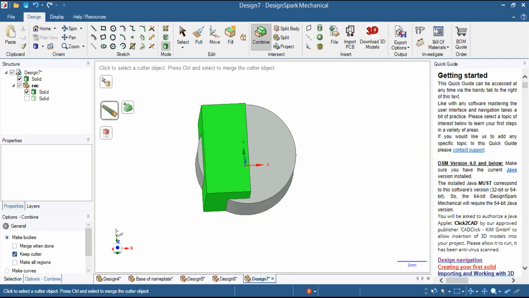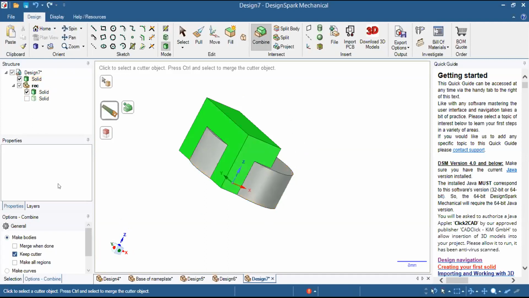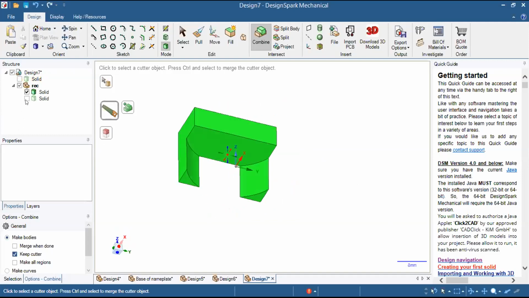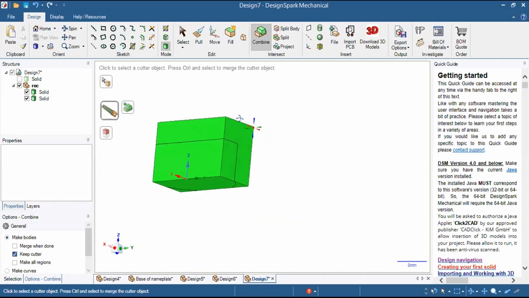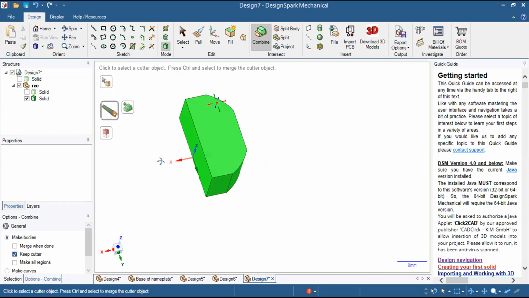This way we can make multiple components and separate them from the body. I have disabled this component and it has been removed from right here, or we can keep both, or keep only this component. That totally depends on us, which component we want to keep from the structure selection.